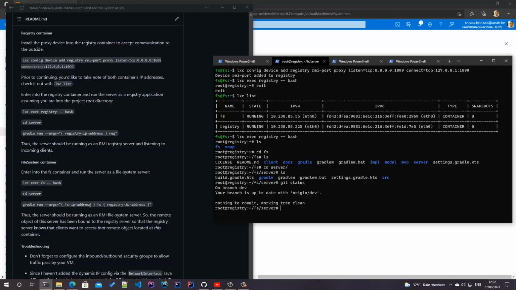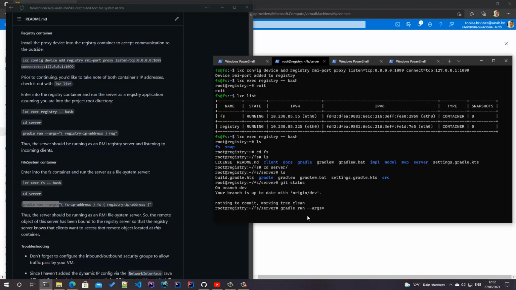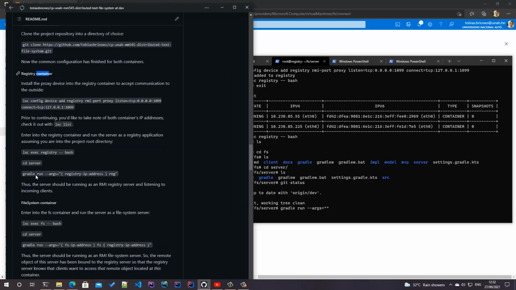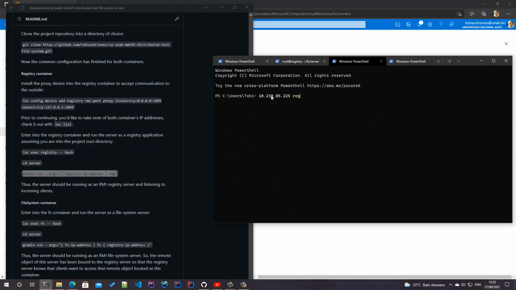So I'm going to run the application. I have to pass the arguments first. Let's see, for the registry container, I have to execute this command to run the application, and I have to pass the registry IP address as the first argument. So the registry IP address is this one,